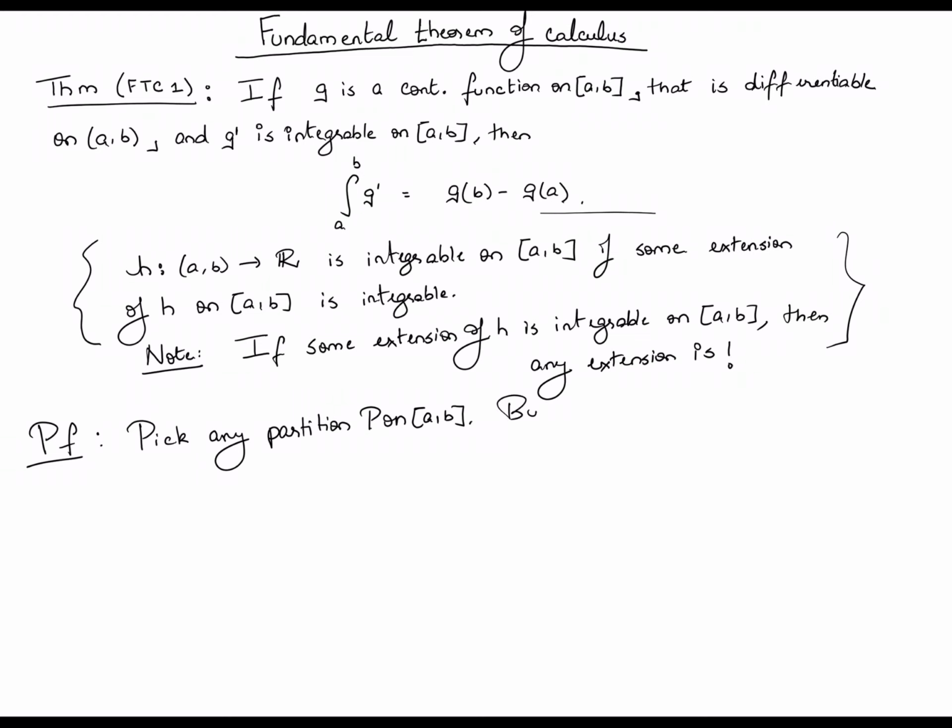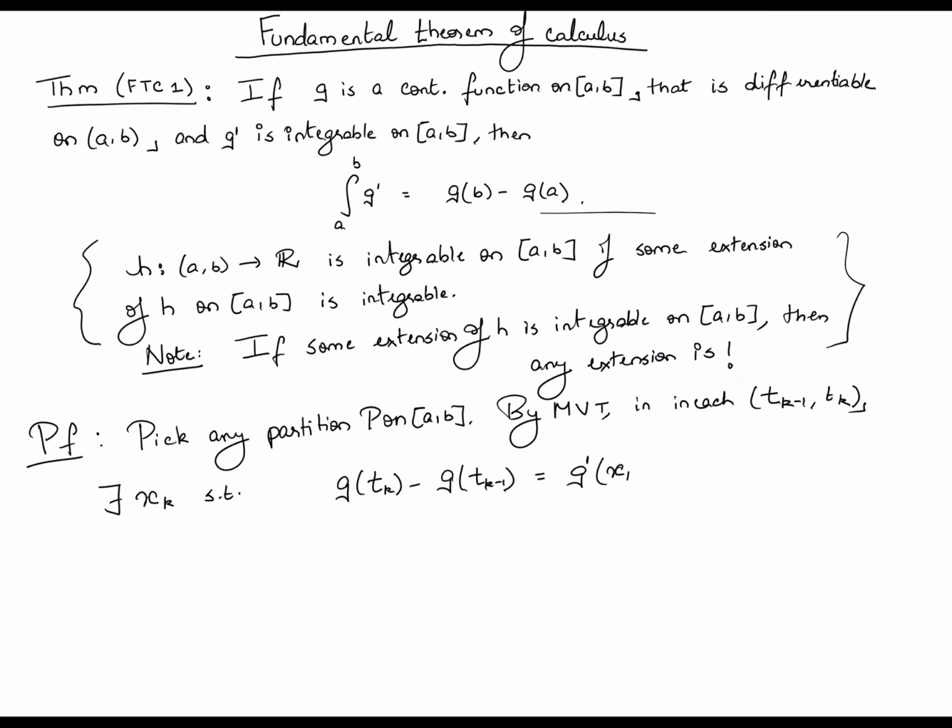Okay, now by the mean value theorem, in each subinterval of the form t_{k-1} through t_k, there exists some x_k such that the following is true: g of t_k minus g of t_{k-1} is equal to g prime of x_k times